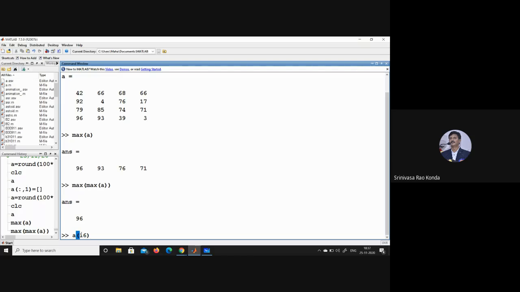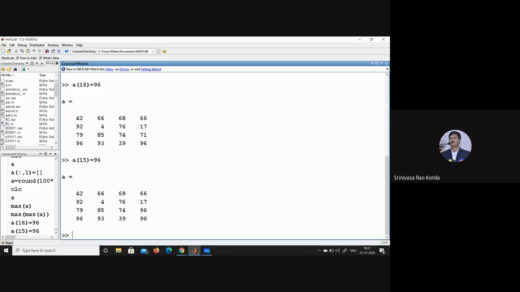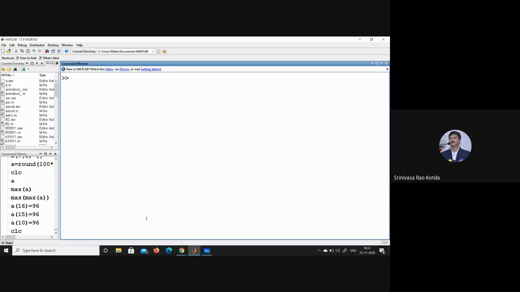I am taking. I have two maximum elements. Similarly, A of 1,5 also 96. So I have three maximum elements. Now we have four maximum elements. Am I correct? If you give max of max of A, you get it display only one maximum